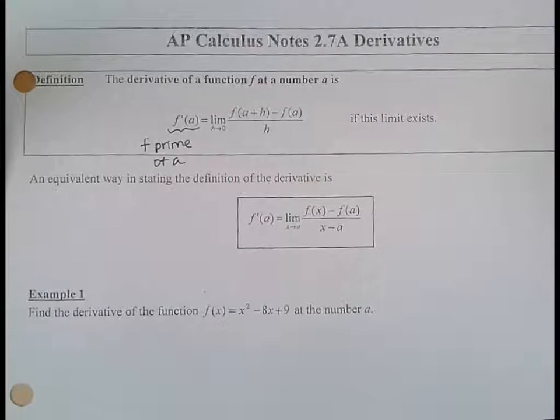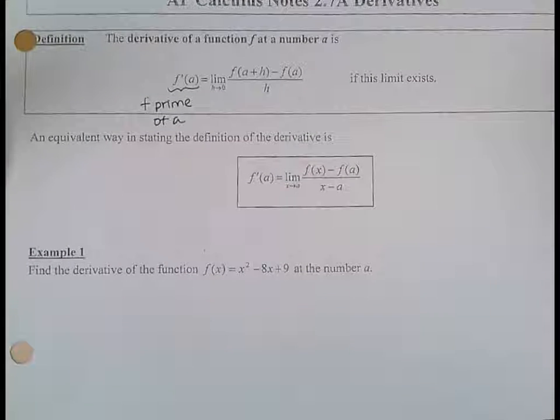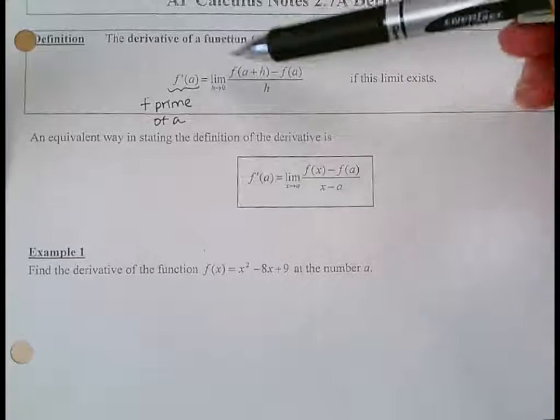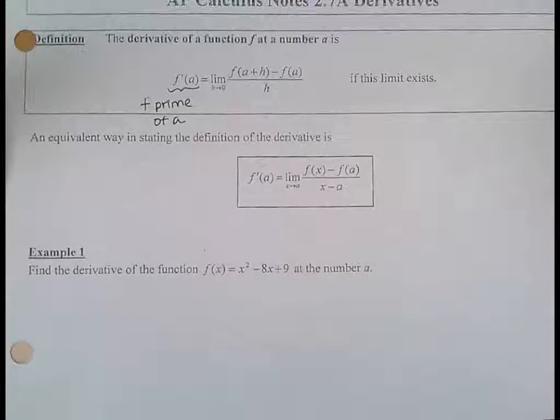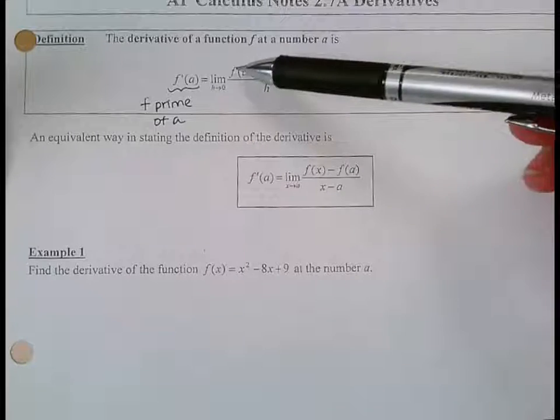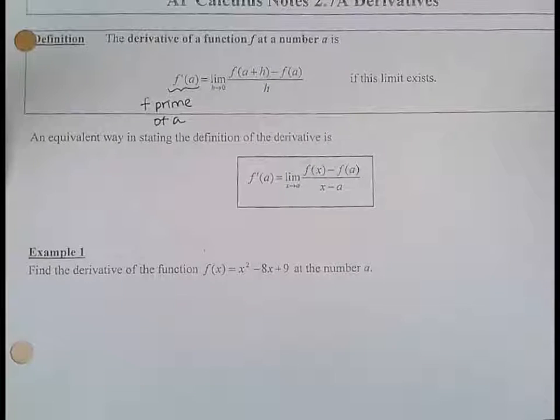F prime of a is how that is read, but it means the derivative of f at a. A is an x value, like we worked with before. So the derivative of a function at a number a, f prime of a, is the limit that we've been working with, limit as h approaches 0, of f of a plus h minus f of a all over h,